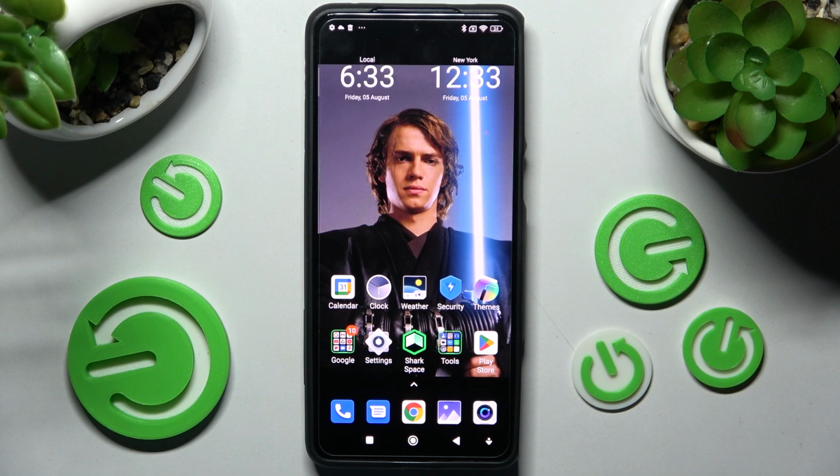Friend of mine is Black Shark 5, and today I would like to show you how you can resize icons